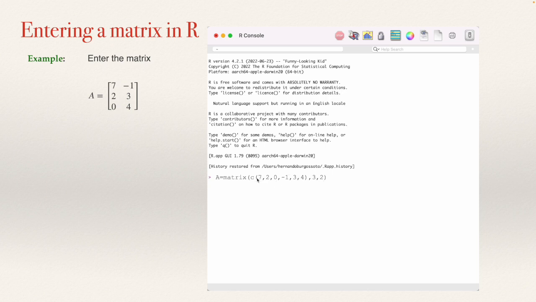Then the first argument will be another function, this c, that means combine all the elements. Type in the elements again from top to bottom, from left to right: 7, 2, 0, minus 1, 3, 4. And the other arguments will be the number of rows and the number of columns at the end. If you press enter, another symbol like the previous one will appear, indicating that R is ready for another command. As soon as you do that, the matrix that we have here is in the memory